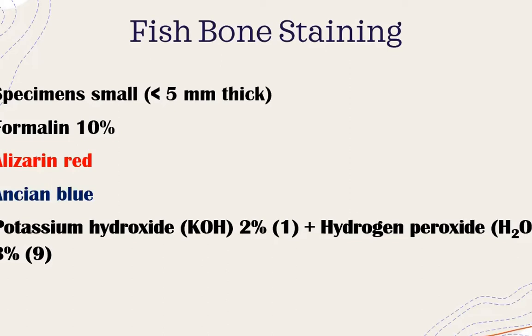we use it just only for the small fish. That's all, less than 5 centimeters thick, because it's one centimeter. That means around 5 millimeters. Okay, if it's too thick, it's not so good, because we need to clear all the